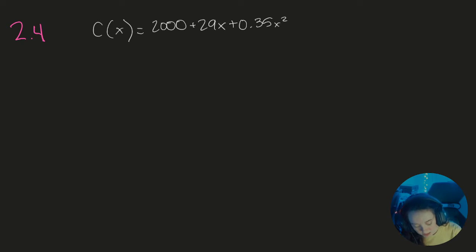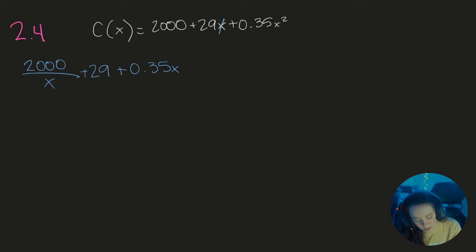Divide it by x. So in this case, we would divide this whole thing by x, which will give us 2,000 over x plus 29 plus 0.35x. Notice that this x dropped away. This exponent dropped away because 2 minus 1. And then we gained a divided by x here. That's all it's doing when you're dividing by the whole thing. You can write it out that you divided it by the whole thing, but if you can skip that step, great. Okay, so then we have found our